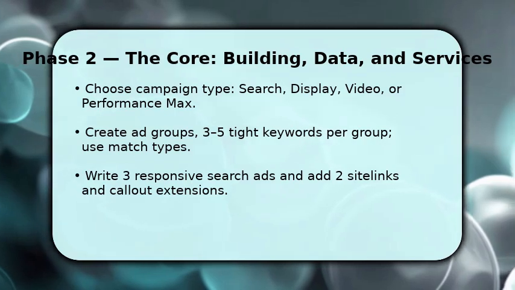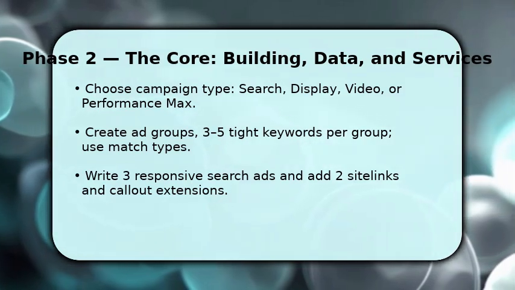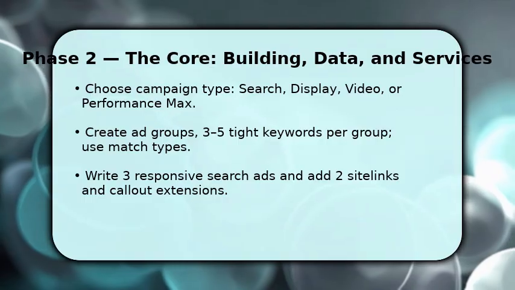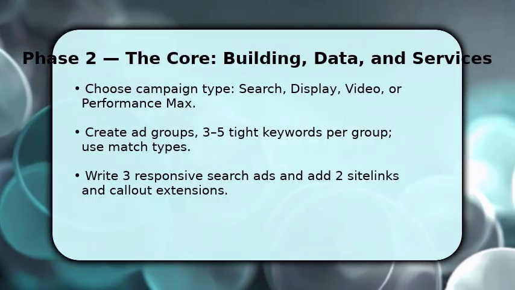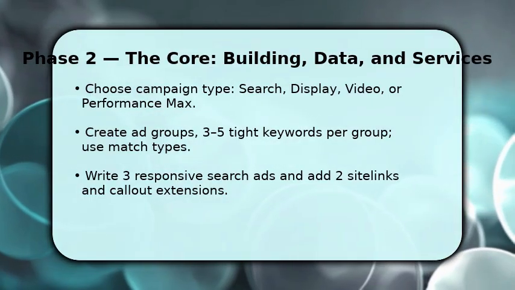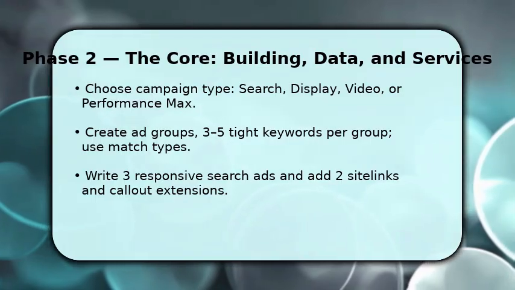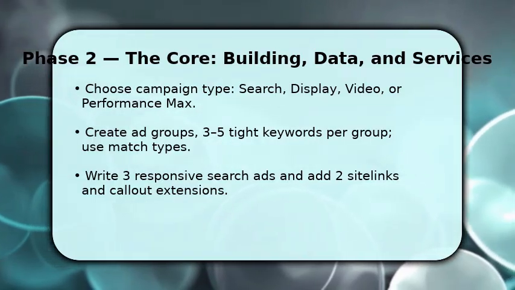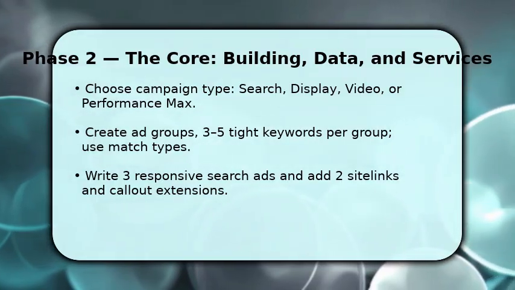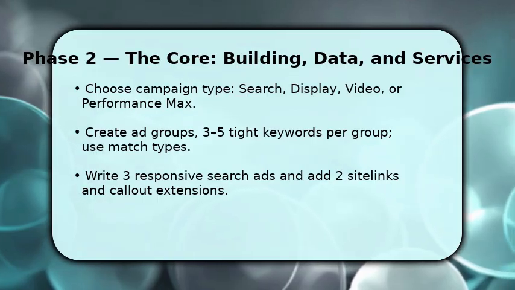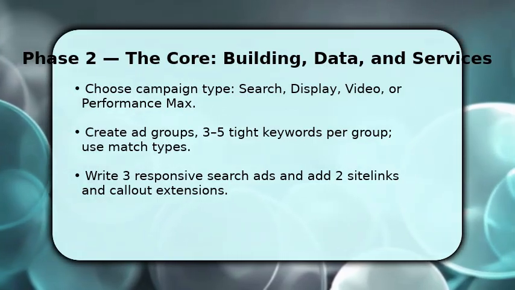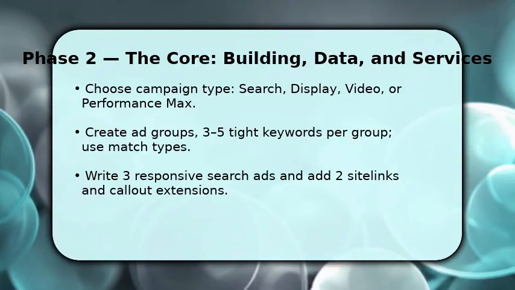Next, you construct the campaign. Pick the type that matches your funnel, search for intent, display for awareness, video for storytelling. Then structure ad groups tightly with 3-5 related keywords each. Use exact, phrase, and broad modifier to control reach. Create responsive search ads with varied headlines and descriptions, and attach extensions like site links and callouts to increase real